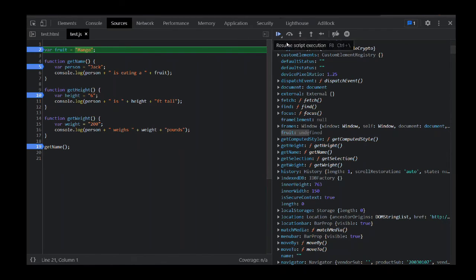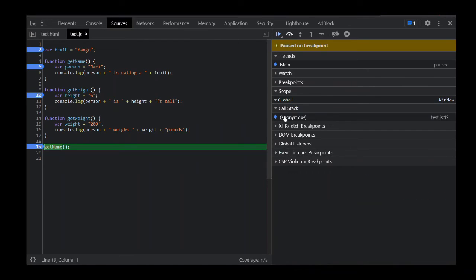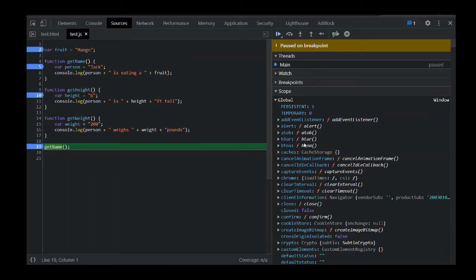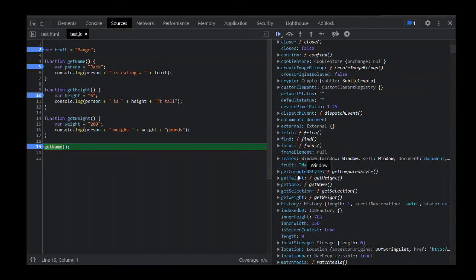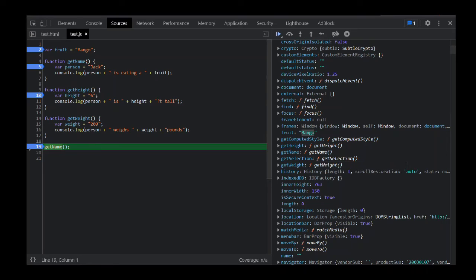Now if I move on to the next step, I'll be able to see the fruit value now change to its original value. So now you can see that the fruit has its original value instead of the undefined value that we saw earlier. Now on line number 19, this getName function will be invoked. So if I move on to the next step,